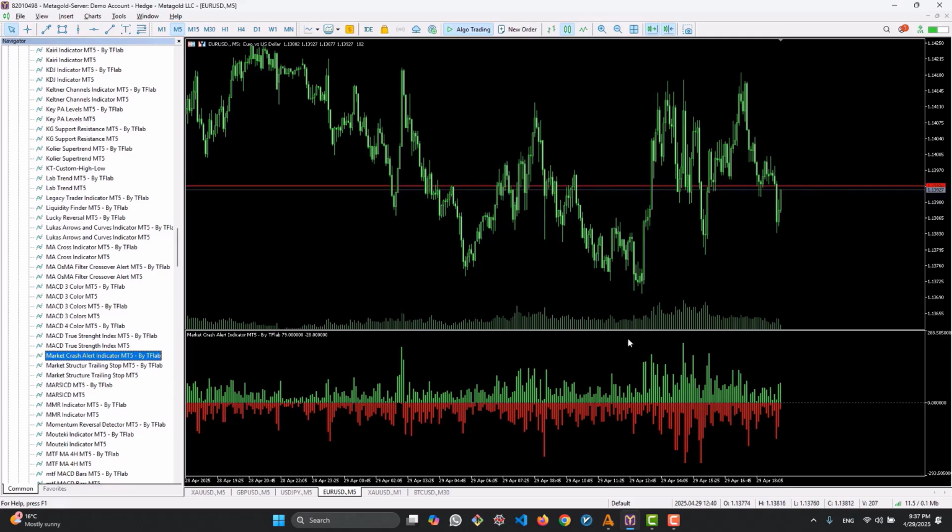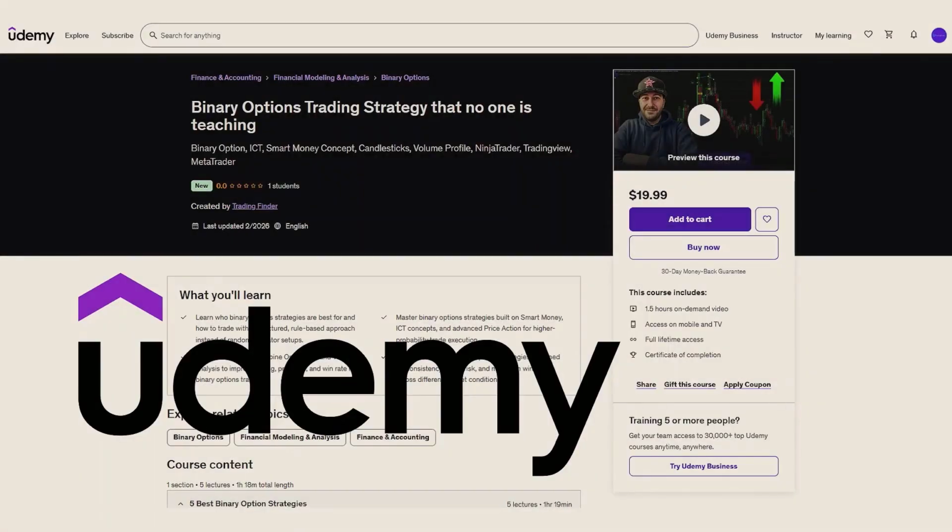This indicator consists of two histograms, one green and one red. The higher the value of the green histogram in a candle,